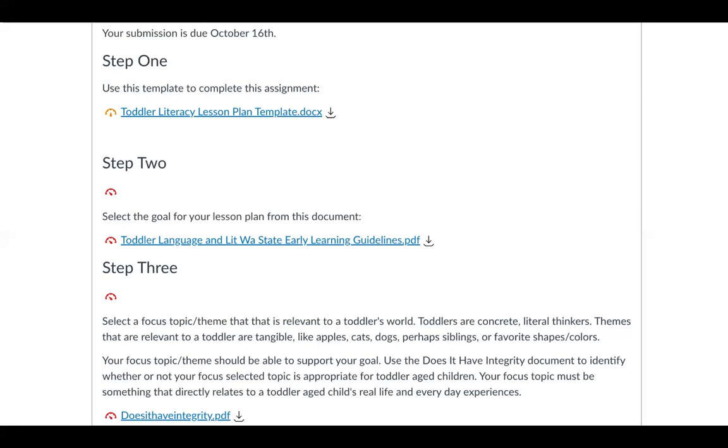Your focus topic must be something that directly relates to a toddler age child's real life and everyday experience. So you can think about those 6 themes in the Washington State Early Learning and Development Guidelines. And if they fit within those themes, they probably will relate to a toddler's real life and everyday experience.